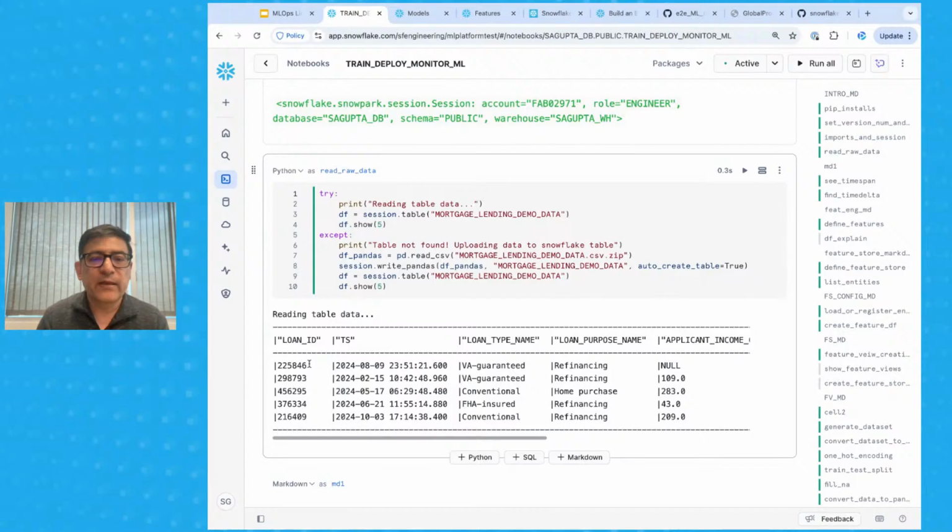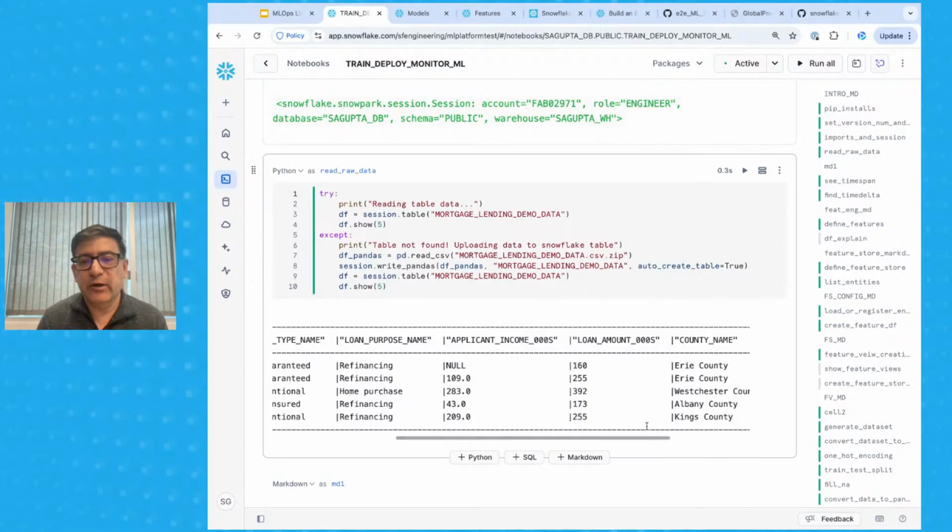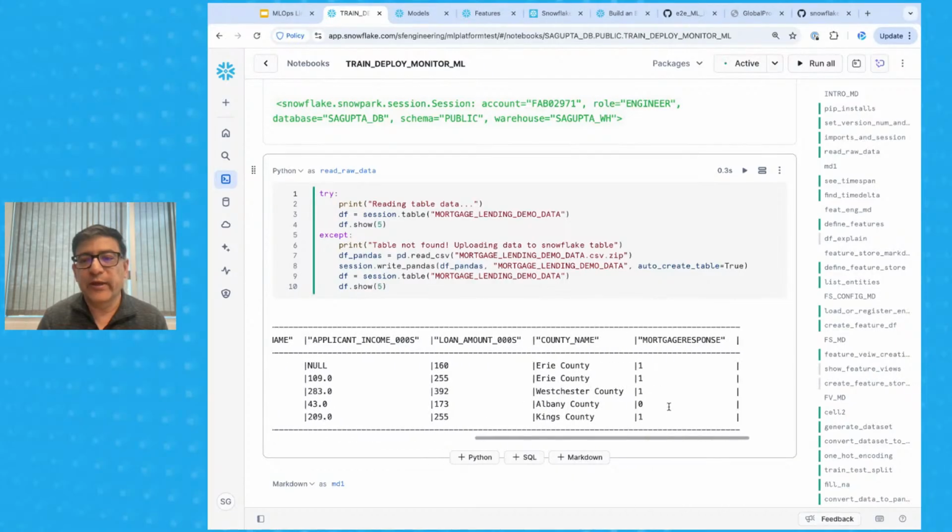a bunch of rows where we have a loan ID, we have a timestamp for the loan, we have the loan type, and then we have other information about the loan, such as the loan amount, the location where it was, and then this last column, mortgage response, is a label that tells us whether the loan was approved or not. And we are trying to train a machine learning model that can predict whether a loan is going to